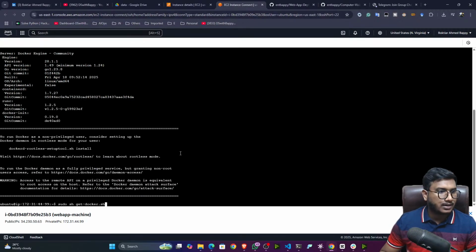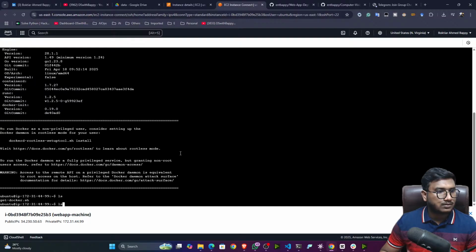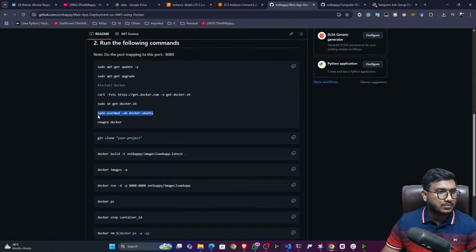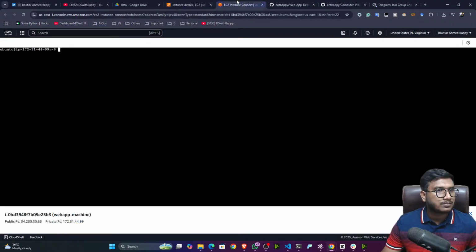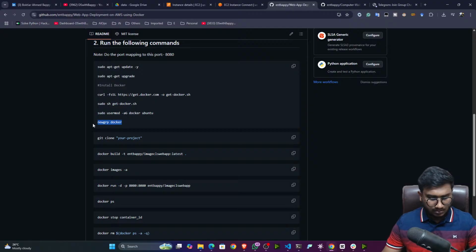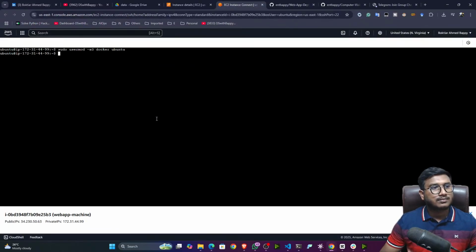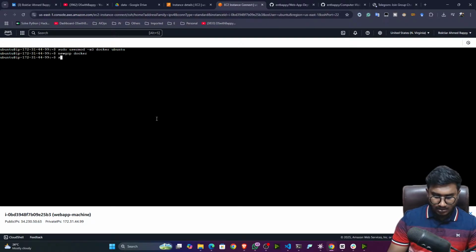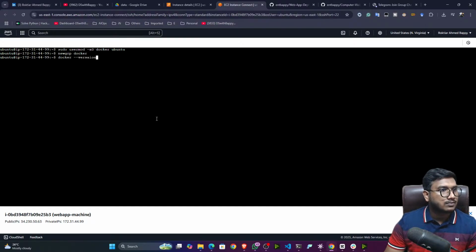Done. Again clear. Then the next command I'm having is this one. You have to add Docker to the sudo group. Then the last command to initialize Docker. Now if you want to check whether Docker is running or not, you can execute this command: docker --version. So see, Docker is running and the version is